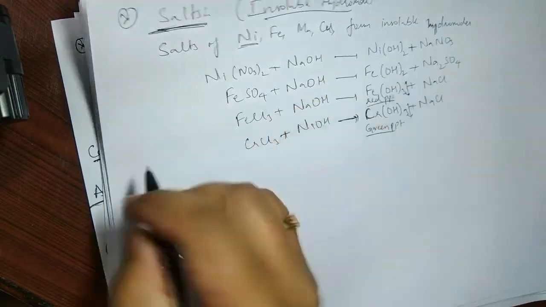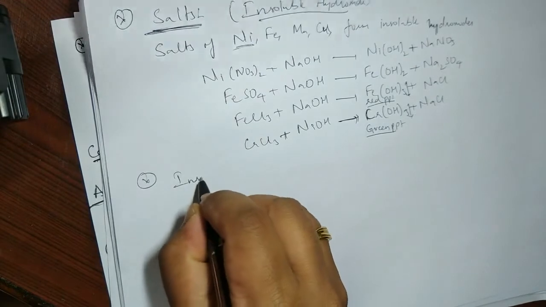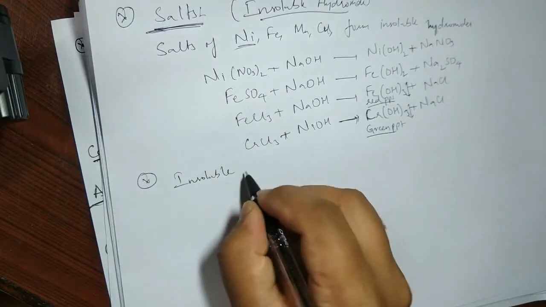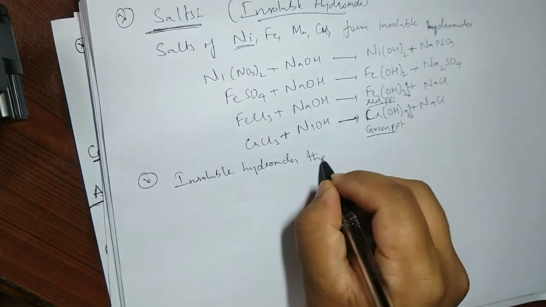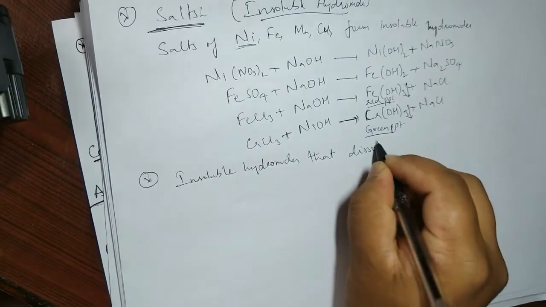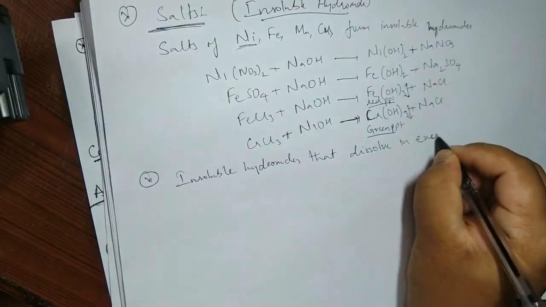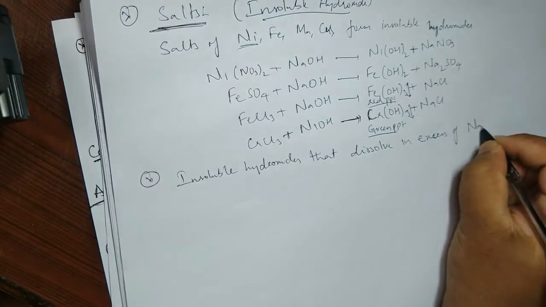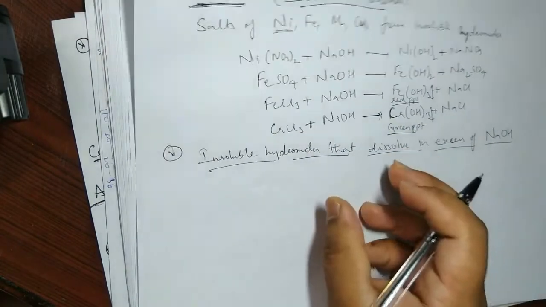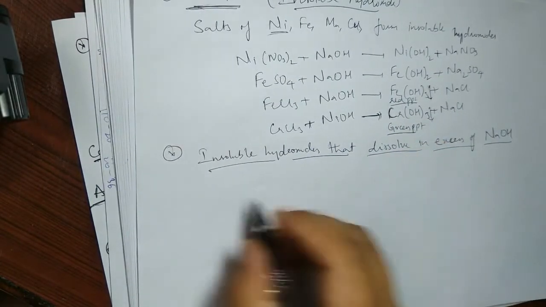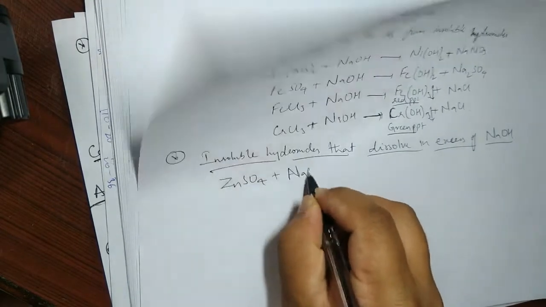Let me write the heading: insoluble hydroxides that dissolve in excess of NaOH. If I take more NaOH, then the insoluble hydroxides form a new compound and get dissolved. For example, I was talking about zinc sulfate plus sodium hydroxide,